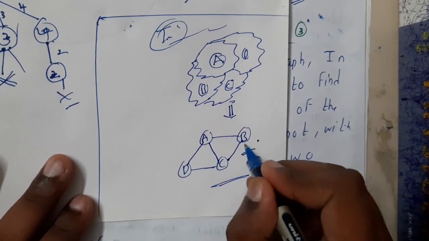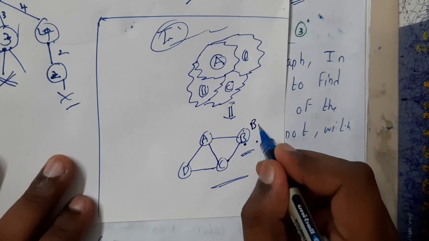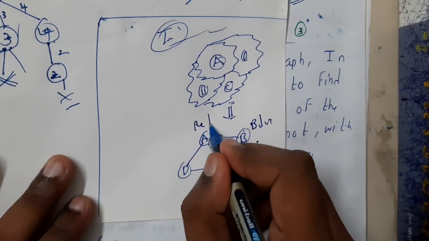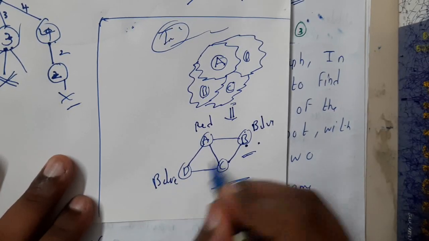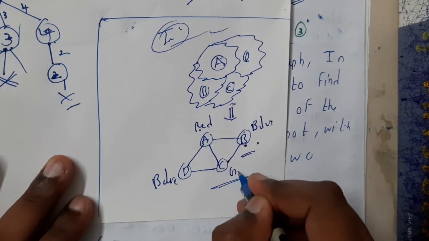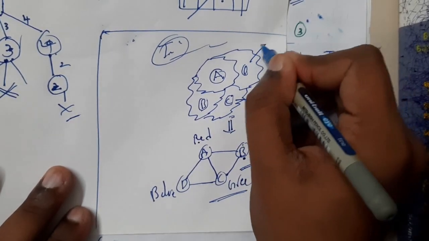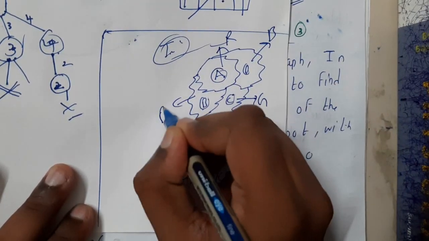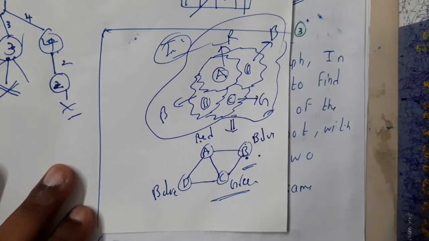If you find a solution for this, assume that here you are giving the color blue. So you cannot give it here and here. Here you give red, but here you can give blue. Here you give blue, you cannot give red, so we are giving green here. Here you will be giving green, here blue, here red, and here blue. So this is the graph for a perfect coloring.